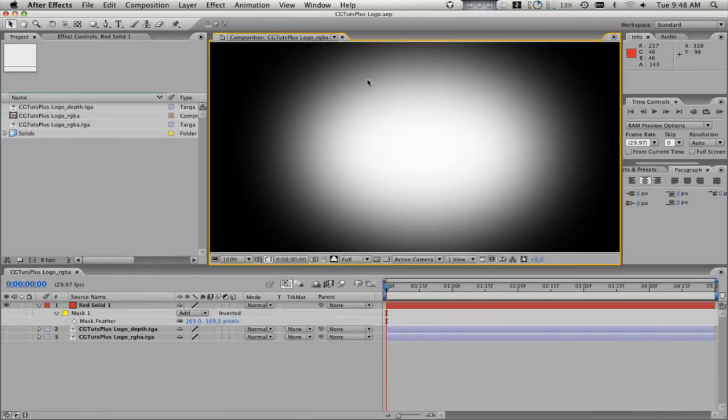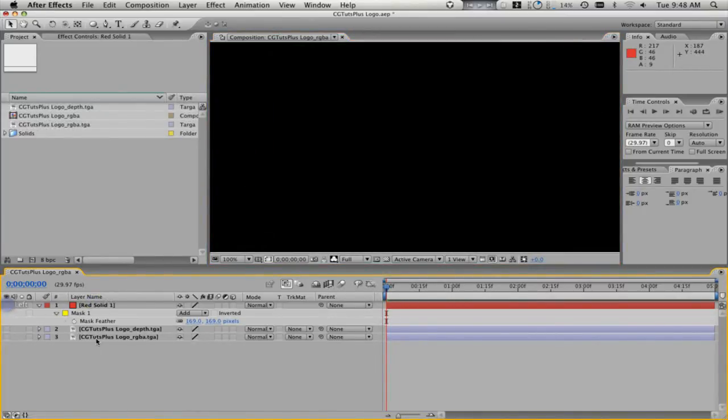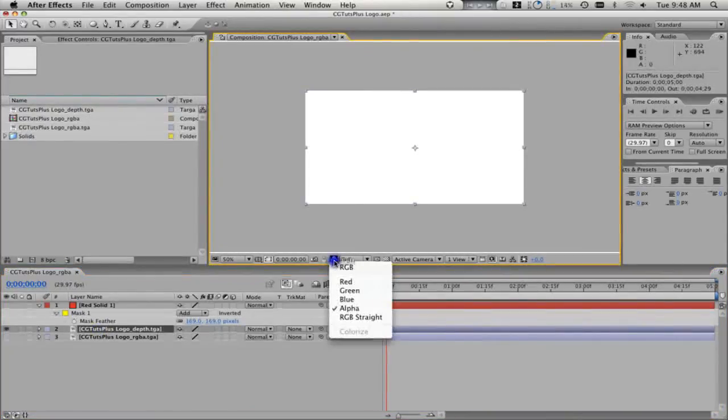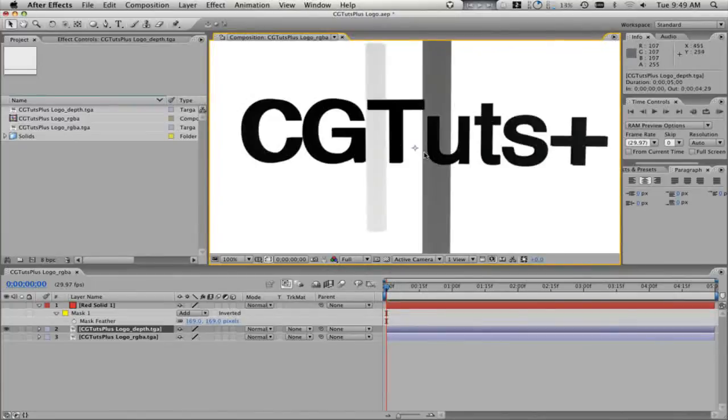Now this method of doing things is exactly the same as what we did with our depth render. All we did, oh wait, I'm still on the alpha channel, my bad. There we go. All we did was we told Cinema 4D where something would be sharp, color it black. Then the more blurred it gets, make it gray, and the more blurred it gets, make it white, to where it'll be completely blurred. So now you can see we have gray, white, and then black. So the way we use this